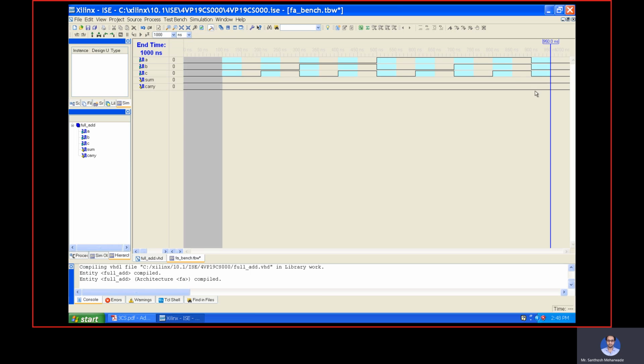You can use this timestamp to see the changes in value, that is 0,0,0 with respect to A, B, C. Next is 0,0,1, then 0,1,0, then 0,1,1, 1,0,0, 1,0,1, 1,1,0, 1,1,1, and finally 0,0,0. Once you are done with this part, save it again. Yes, it is saved. Just close it.